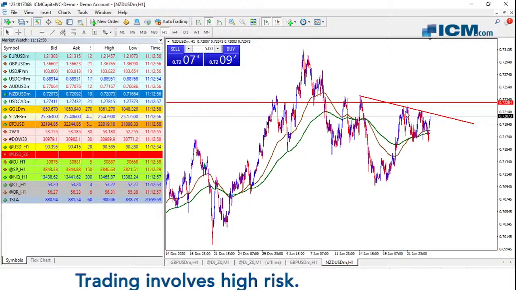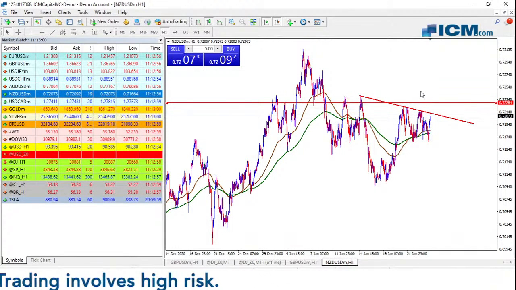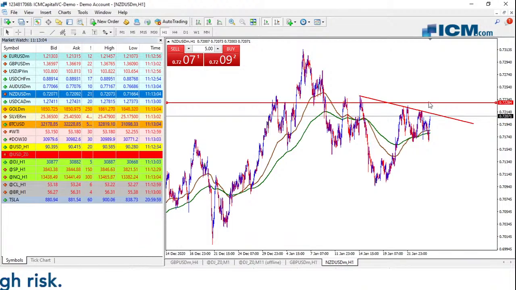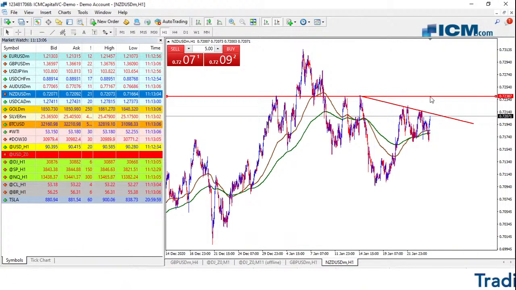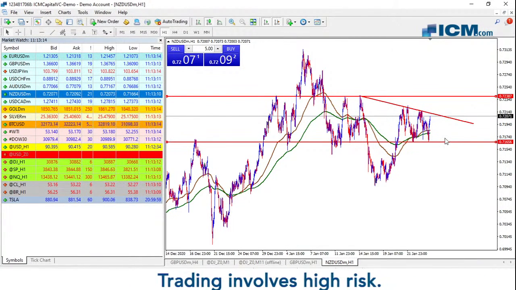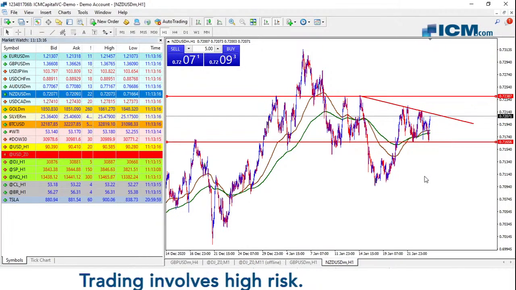If we were able to move back above 72.20, 72.40, we could be poised to retest 73.15. As long as we're below this key area here, 72.40, we could be falling again. A key or minor support for the moment is 71.65, and a drop below 71.65 could drive us lower